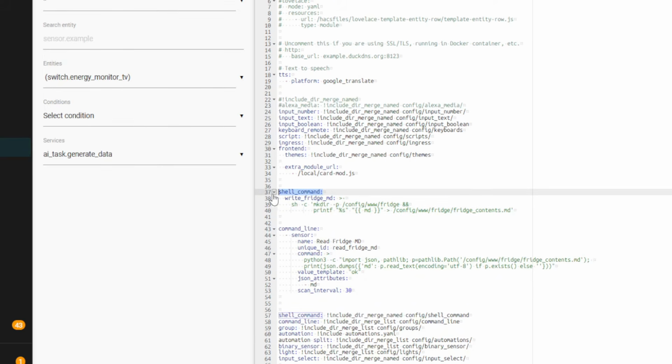You've got a shell command, and this is basically going to create the fridge_contents MD file. Now, assuming you've been following along and you've already made the fridge file from within your www folder, you can pretty much just copy and paste this code and it should work. Then you've got the command line underneath, which is essentially doing the opposite. It's reading the